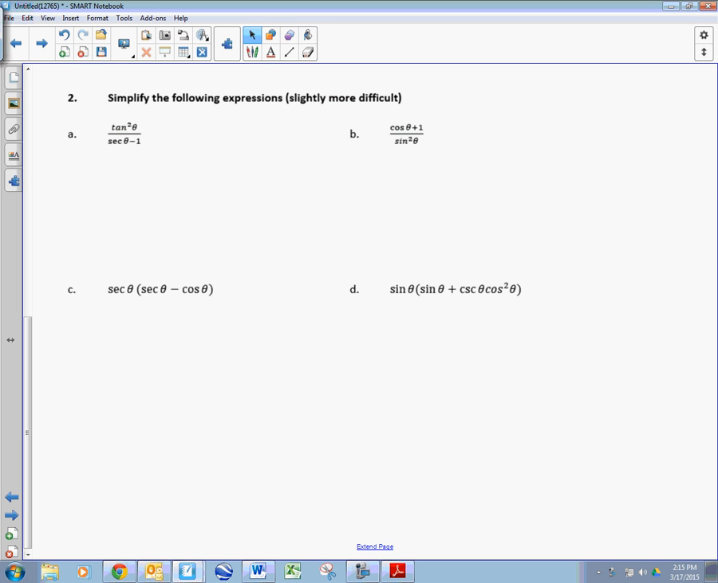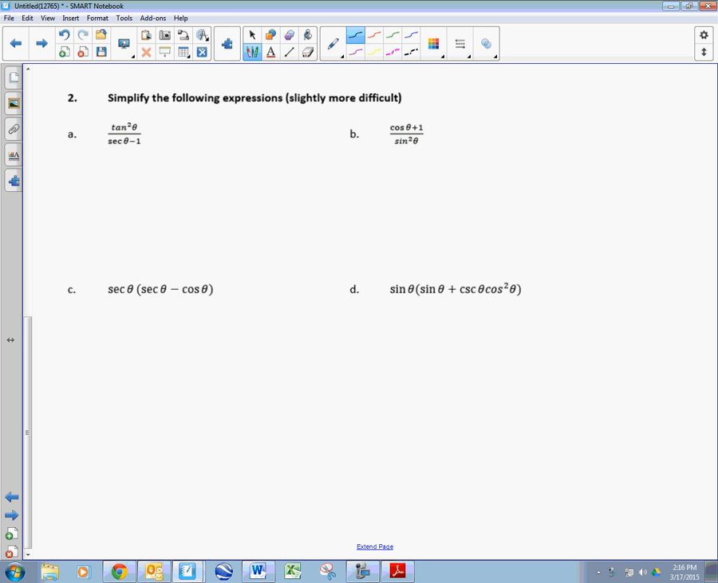Okay, here we go. Simplify the following expressions. Today we're going to do ones that are slightly more difficult. And today, as we look at these, some are kind of unconventional, meaning that yesterday everything you did was pretty intuitive, but today not as much. So if I want to simplify this problem, a lot of people look at secant squared